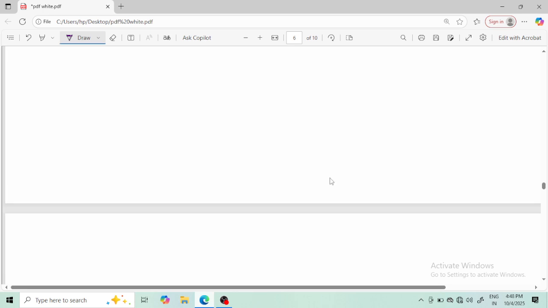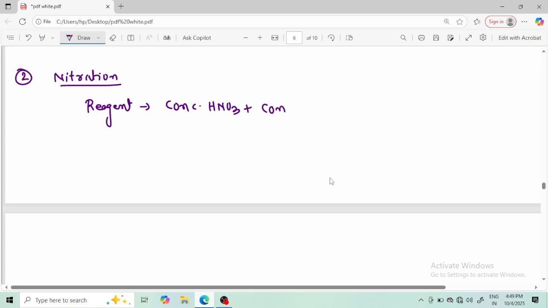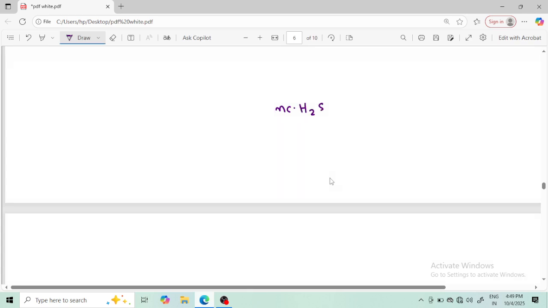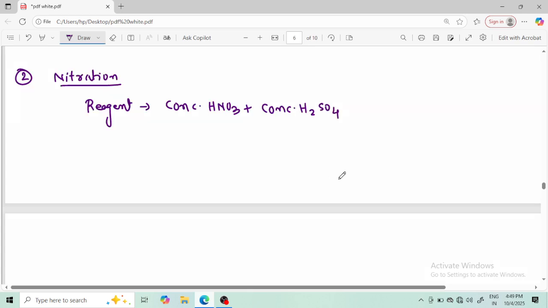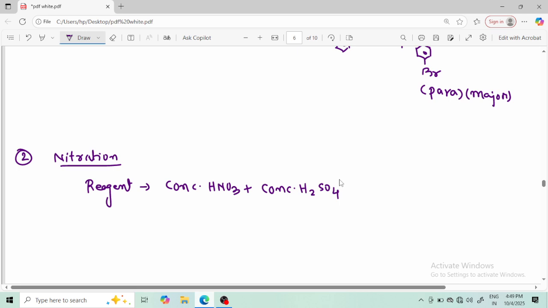Next chemical reaction is the second one, nitration. If it is nitration, what is the reagent here? The reagent will be concentrated HNO3 and concentrated H2SO4, okay. And the electrophile that you will get from here is